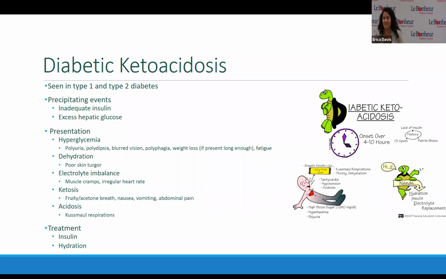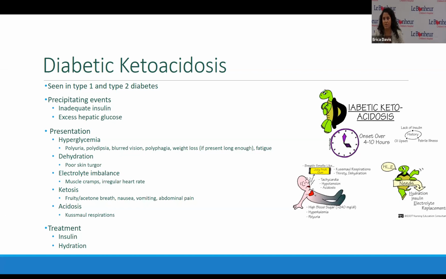That is why we don't just check if we're greater than 250. We also want to check if we don't feel well, because we do see that we can have normal blood sugars and have ketone production when we are sick with something else going on. So that means it's going to be very important that we take our insulin even if we're not eating. So that is that long-acting insulin. That long-acting insulin really focuses on the liver's production of sugar, which we've seen in DKA is a big part of this, that the liver increases that sugar production. So we still need that long-acting insulin. So we definitely want to take that.